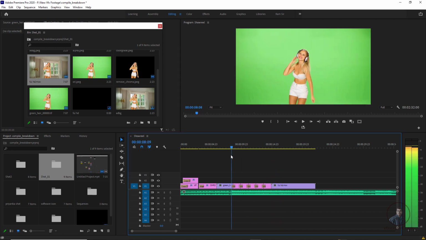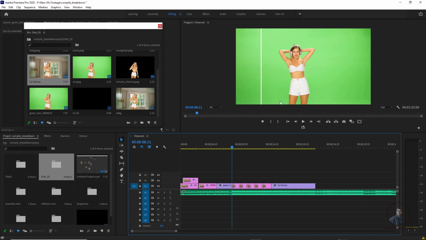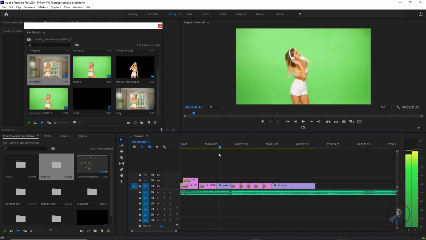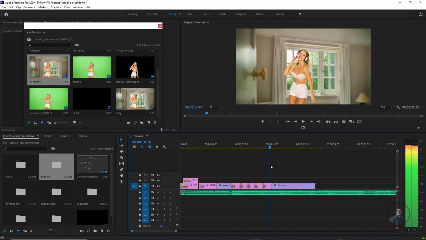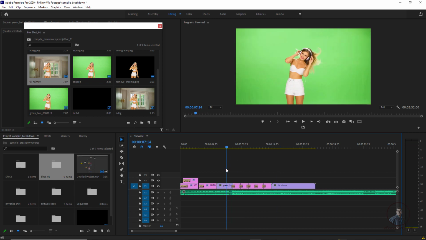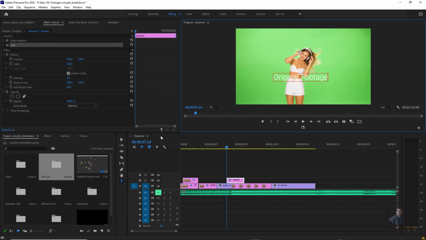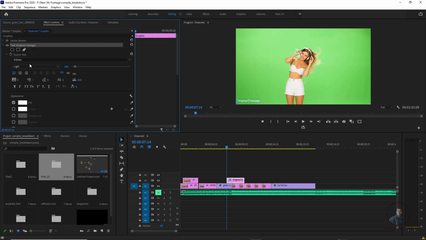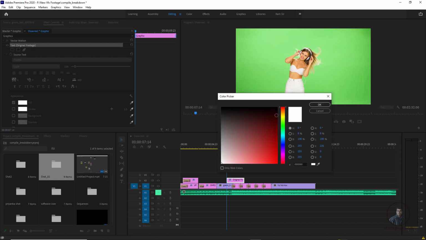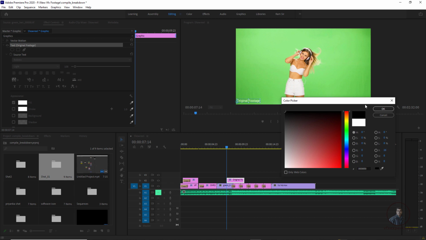Then after this, finally we have to type some short descriptions here. Because this is our original plate, and these are our breakdowns, and these are our final output, again we can create another text here. Then you can select, resize this one, then simply place it here. Then if you want to change the color, simply click here, then you can change it from here. Remember this one, if you want to change color, simply select from here.